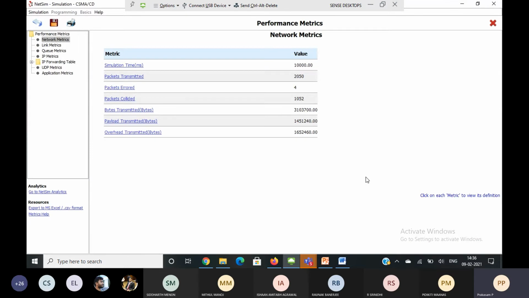No, sir. Okay. Sir, my metrics are coming wrong. 000 is coming. That means you may have made an error in the configurations. If the throughput is 0, then you made some mistakes in the configurations. Throughput is 0. Which one are you getting 0? Sir, packet received is getting 0. Okay.